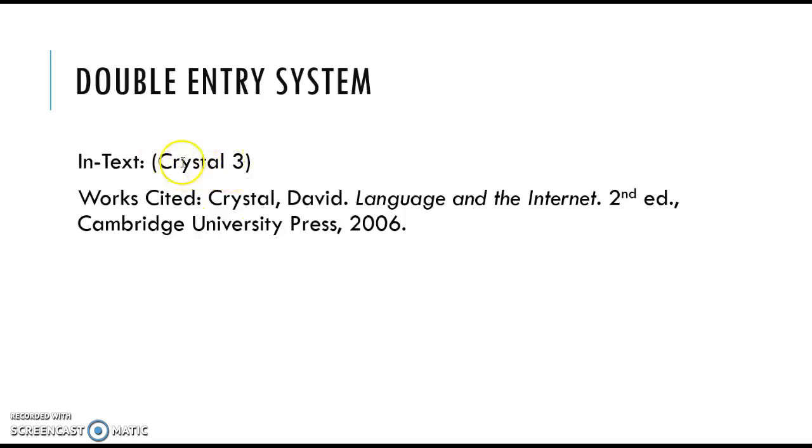So by giving the author's last name here, your readers are then able to look it up in your works cited page, which should of course be in alphabetical order, and get everything else they need to track down